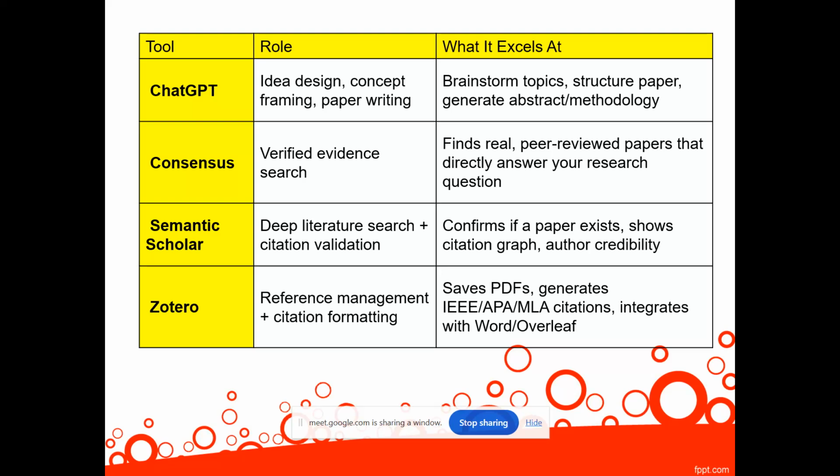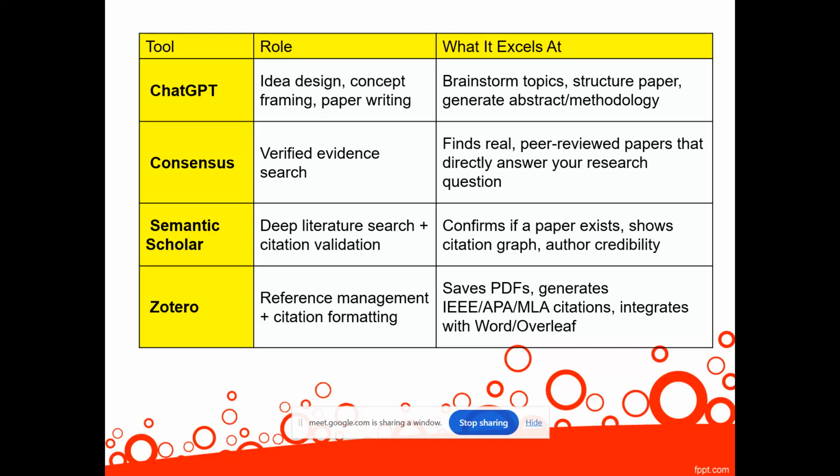In today's session, we are going to discuss four main tools. One is ChatGPT, which we started yesterday. Then we have a tool called Consensus, then a tool called Semantic Scholar, then Zotero. There are some alternate tools for each of these. For example, in place of ChatGPT, we can use Claude AI or Perplexity. Similarly, in place of Zotero, we can use Mendeley. So we have other tools also. These tools I have taken for today's session. We can always go for alternate tools if we find better.